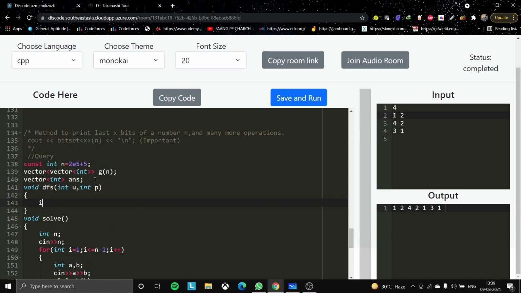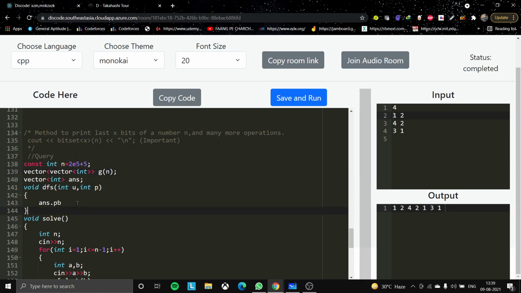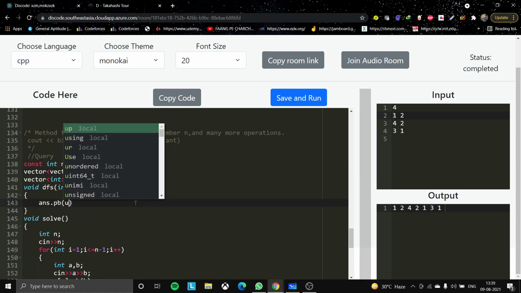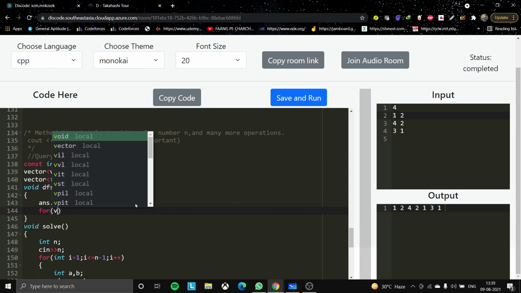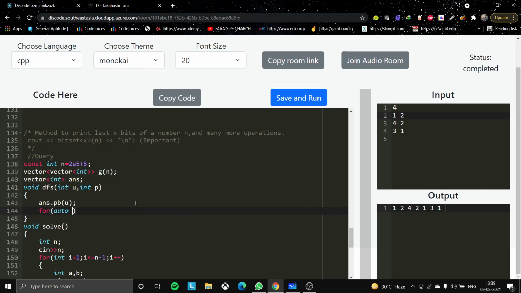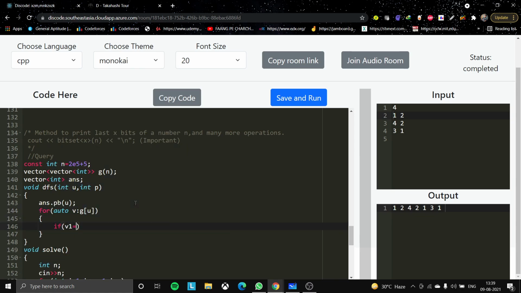So now after this, what do we do? In our DFS function, our first job is to push back the parent. The node is u, so we push it back. And now for every v in g of u, we check whether v is not equal to p, whether it is not the parent.